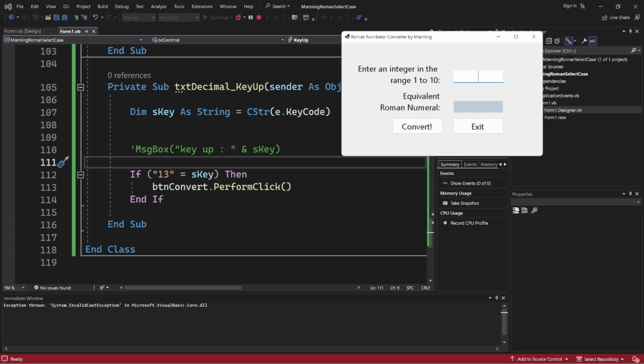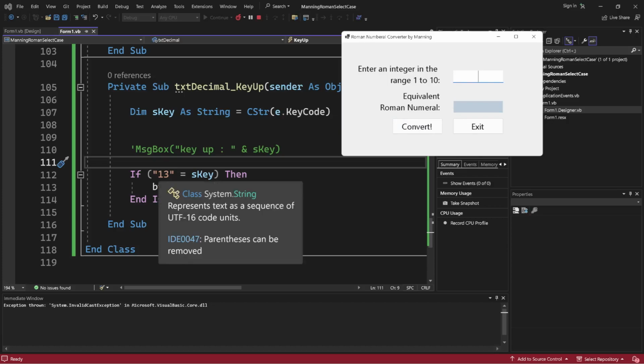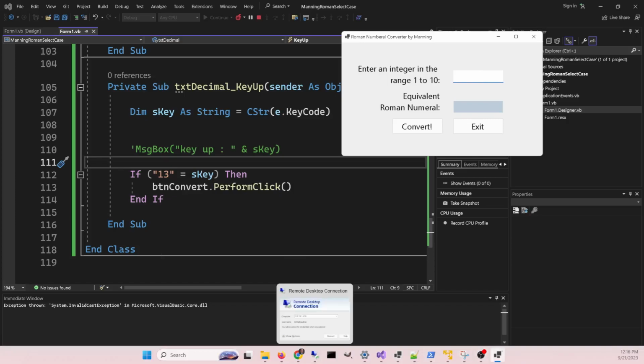So a little enhancement, a little learning about keys, and how I can actually pretend I clicked on that button by doing a PerformClick. By using autocomplete to help me out, I took a guess at what might be available. I had never done this before, to actually say, pretend you're clicking on the button. Rather than make a new function, I can just say, do a click on that button. And then all the code that's already being handled by clicking there now happens when I hit enter. All by learning what that key code was. All right, we'll stop there, and